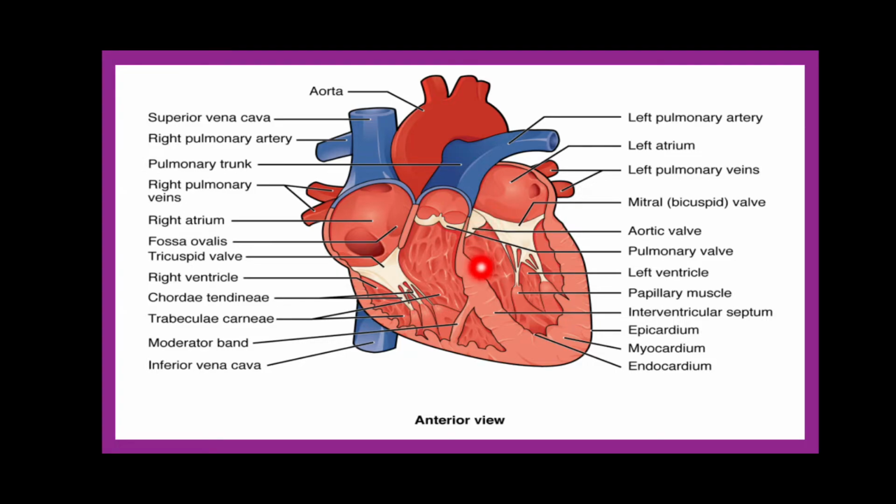Then you have one more valve called the aortic valve, which you can see in the label, which is present in the aorta. As you might have come to know, these are present in the blood vessels, the pulmonary trunk and the aorta, whereas the others are present between the chambers of the heart, atrium and ventricle. So these are the next prominent features, valves after the chambers. Now we will see the chambers one by one.